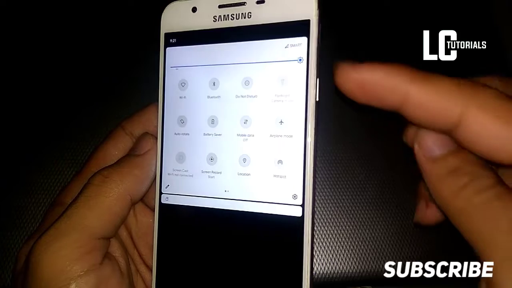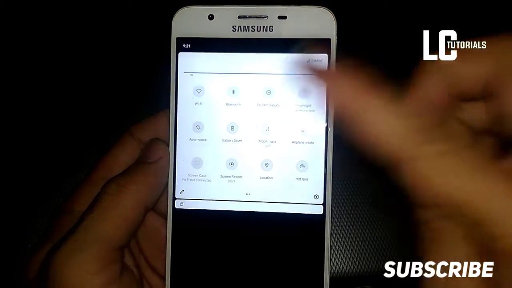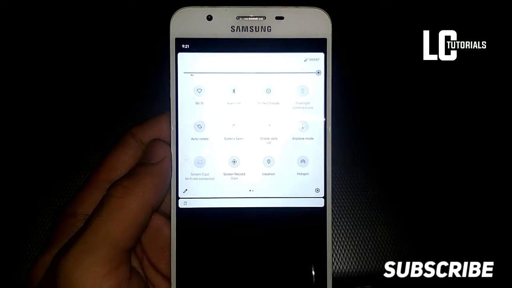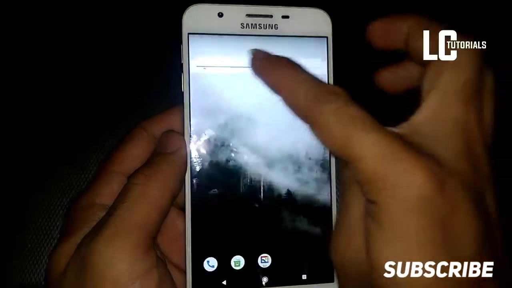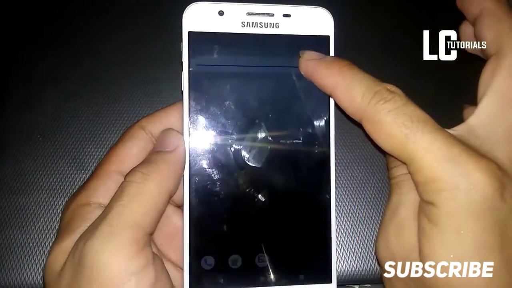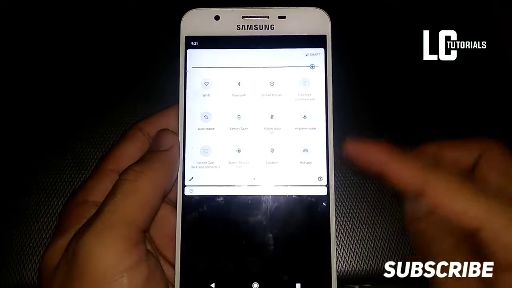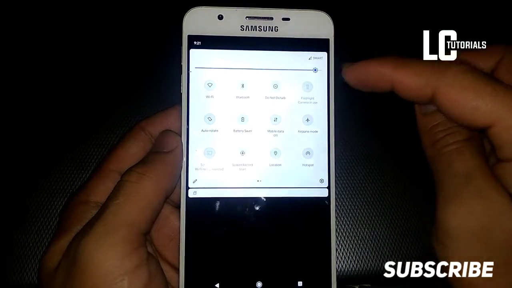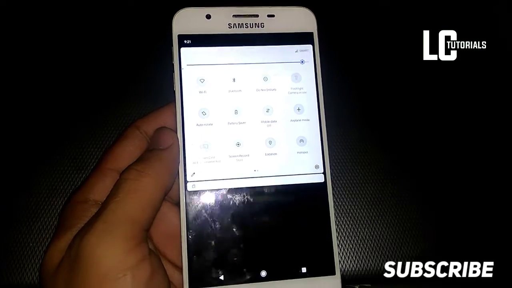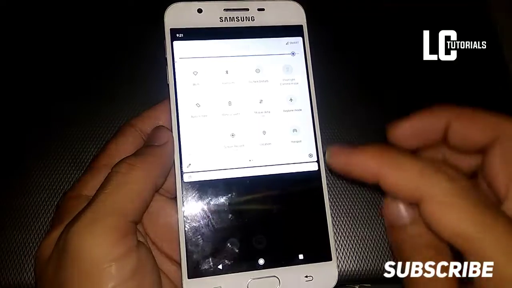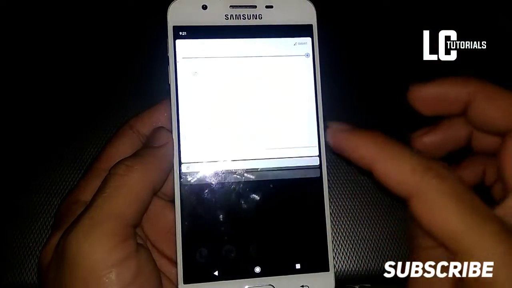As you can see, the brightness slider is set to the maximum, and if you set that to low or zero, it will give you a black screen. So beware. Don't slide the brightness or set it to zero, because it will give you a black screen. Set it to minimum or to full.